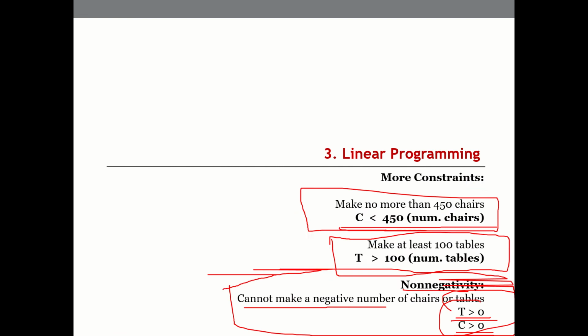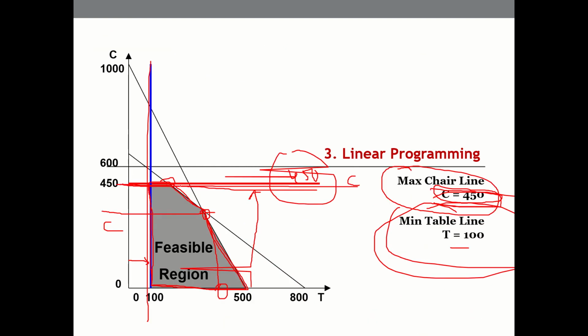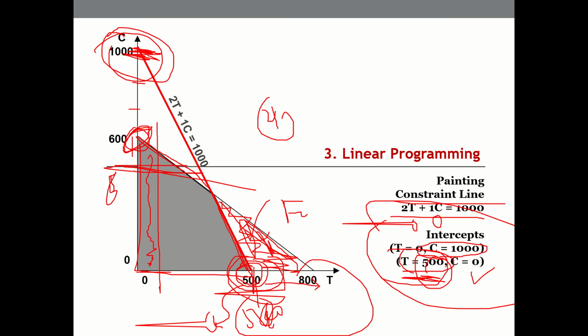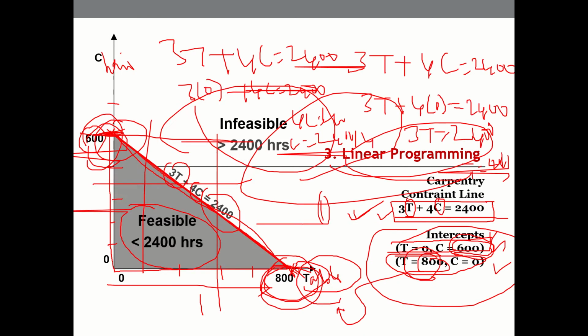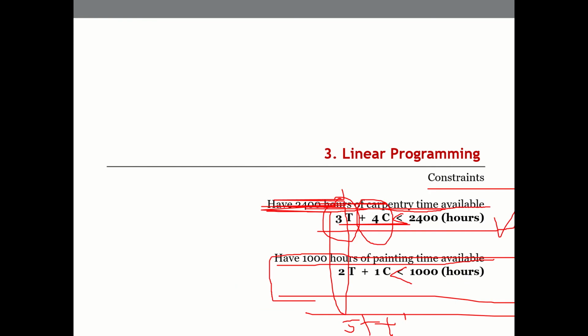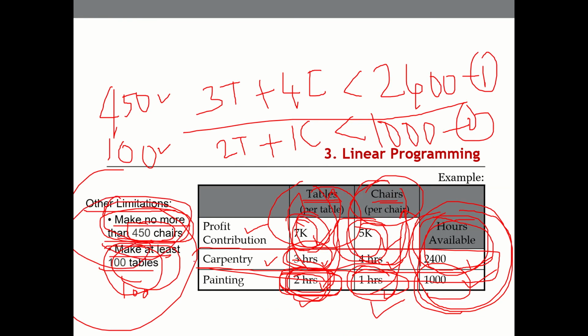That's why we have put here, if you see, this is the 100 line, okay, so we need a minimum of 100 tables, and even if it is feasible to create more chairs, if you can see, this gray line is a feasible area, we can make in fact 500 chairs, 600 chairs also, but we don't want to make more than 450 chairs. Why? Because these are constraints. We don't want to make more than this.